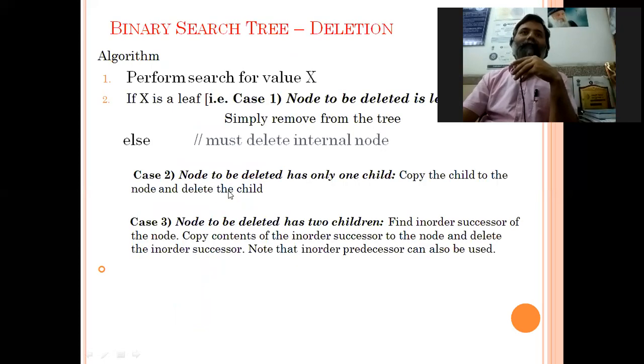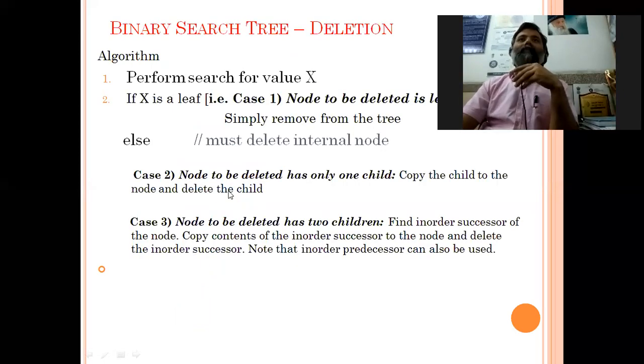Now, the deletion operation. In the deletion operation, firstly, again, we will perform a search operation. So you can see this search operation will be used in both insertion and deletion. So it is a primary operation. Now, there are basically three options.